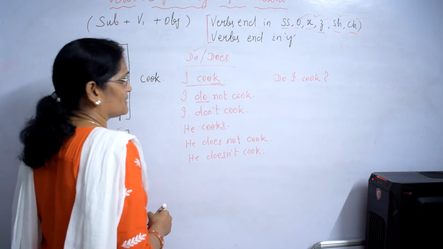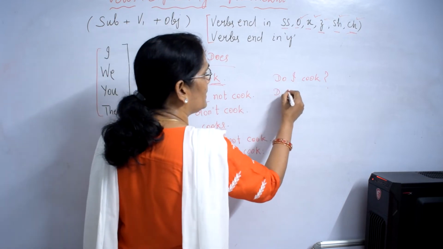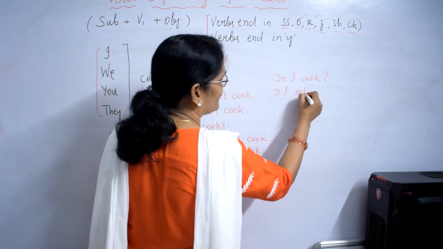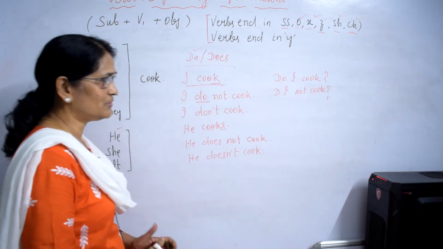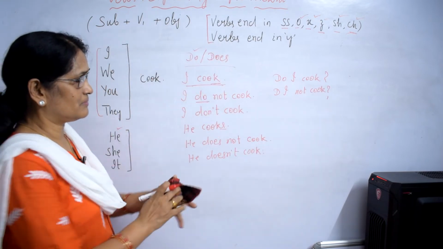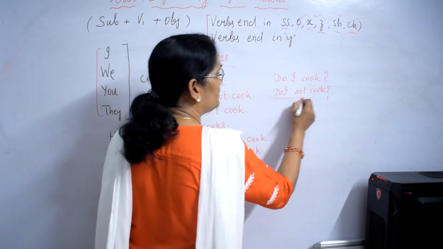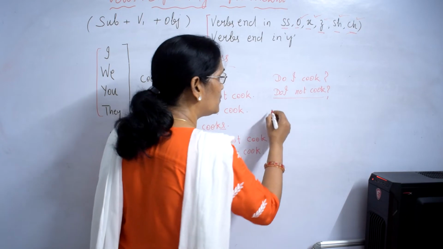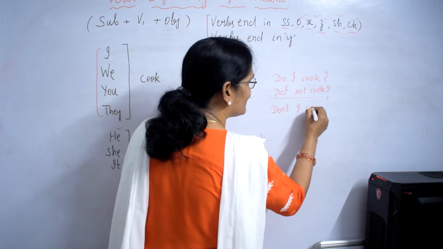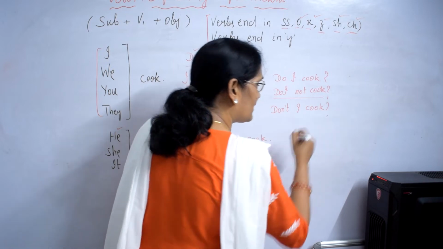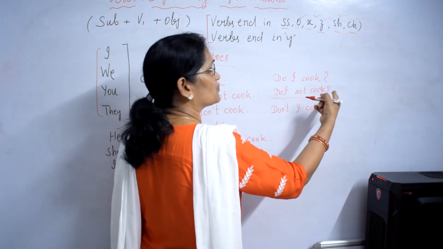Question mark. Okay? It's a negative interrogative. Do I not cook? Also in contracted form, we can write the negative interrogative sentence. How? Don't I cook? In such a way we can write it,